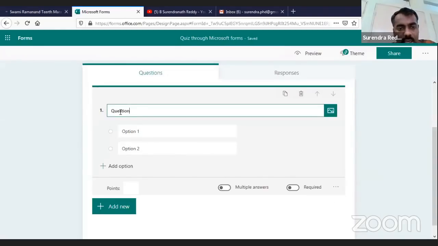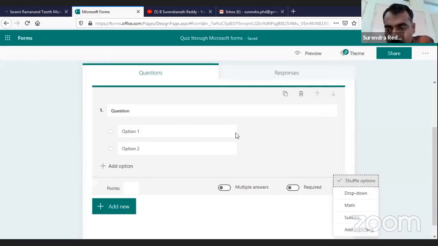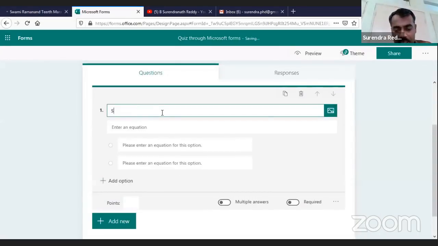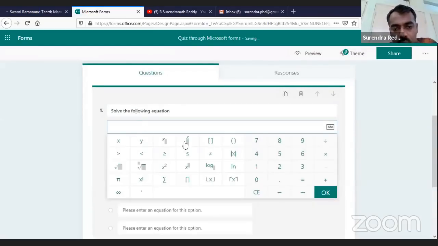Let me explain with one question, and how we can type mathematics with this math option. So I'll select this math. Suppose I write here, solve the following equation. If you click on this, because we have enabled math, the math editor is available. For example, superscript, subscript, logarithm, square root, whatever different things are there, it is available by default.